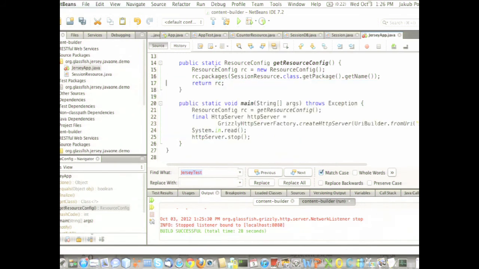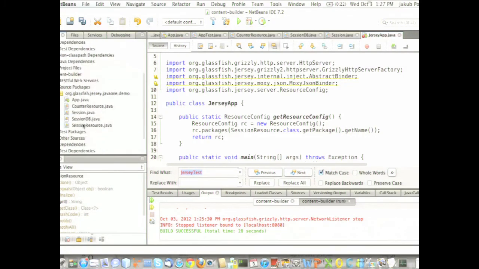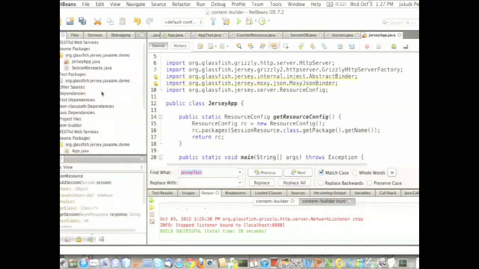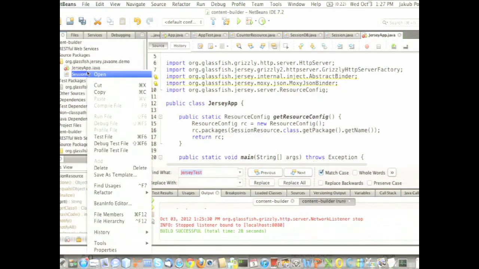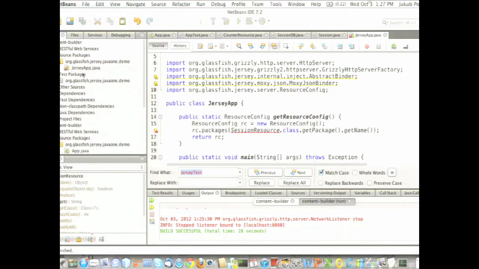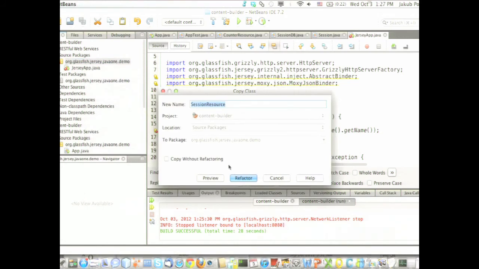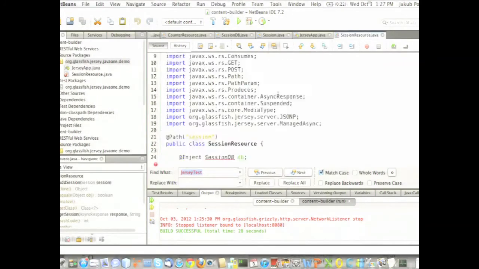So I'm using the packages method so that I can configure where Jersey should look up the resources, and this should be fine. So I'm also going to maybe copy the session resource over to here. I want to delete this one first. And okay, session resource, and now